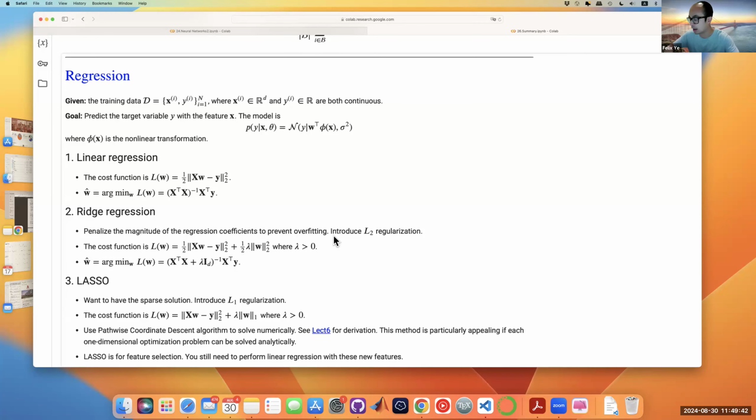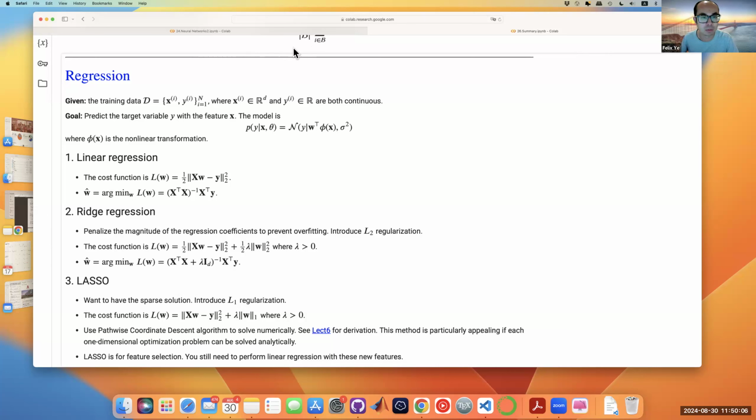So basically, you can recreate your data matrix by putting phi of x1, phi of x2 into the data matrix. So I mean, right here, this X matrix, it's nothing but